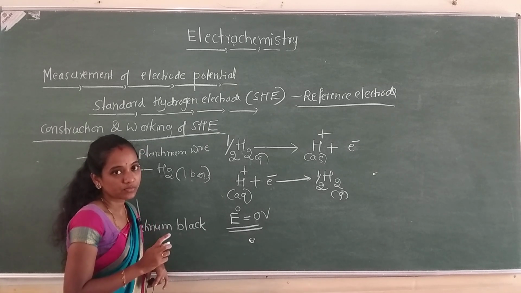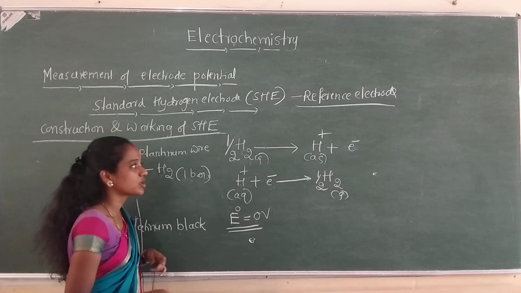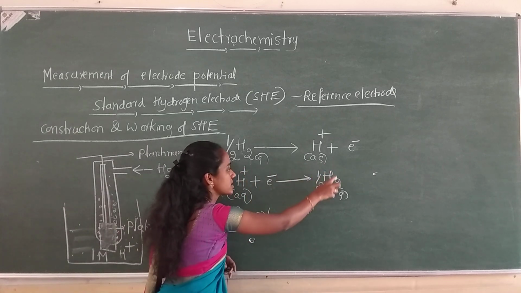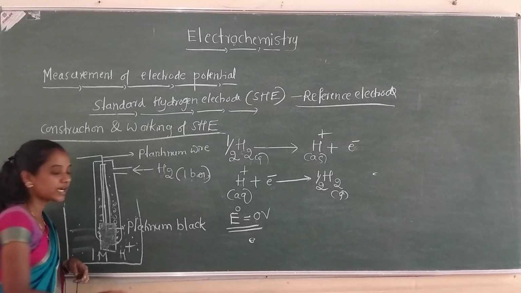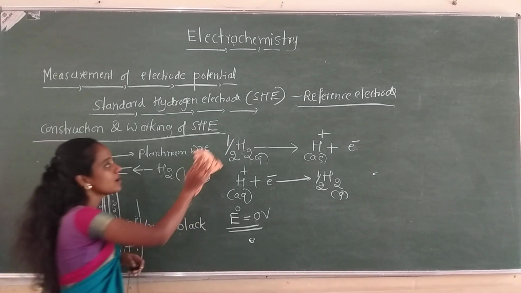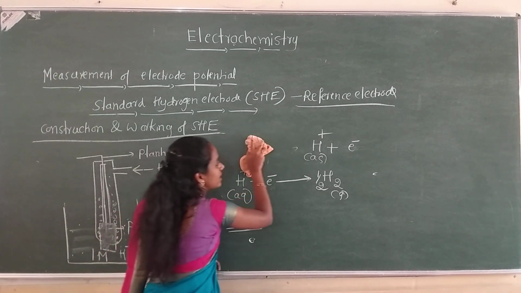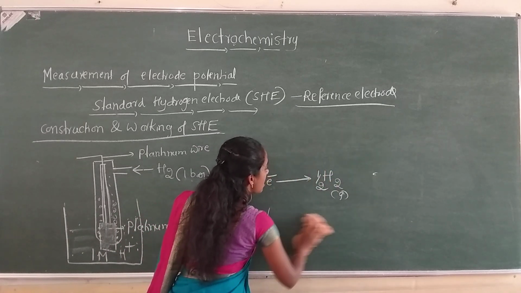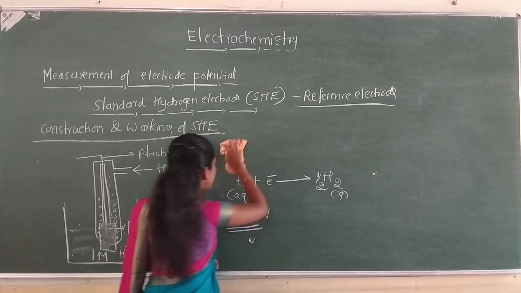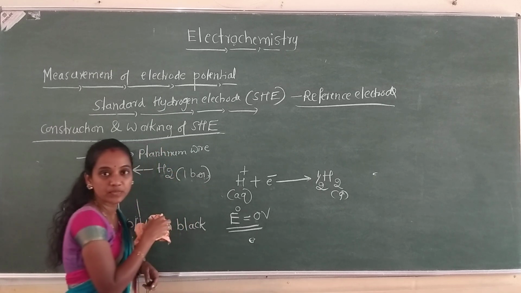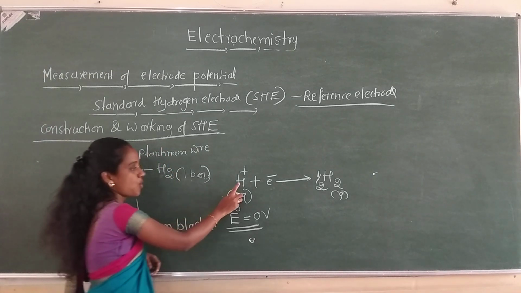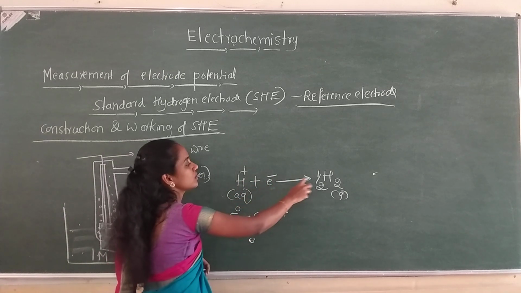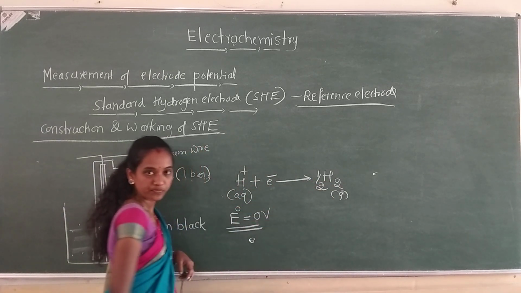Remember it. Okay, so in the textbook, they have given only one reaction. Both the reactions are taking place here, but in the NCERT textbook, they have given only one reaction. So while writing the answer in the exam, you should write this equation only. No need to write both the reactions. Okay, so this is important. H plus plus electron gives half H2.